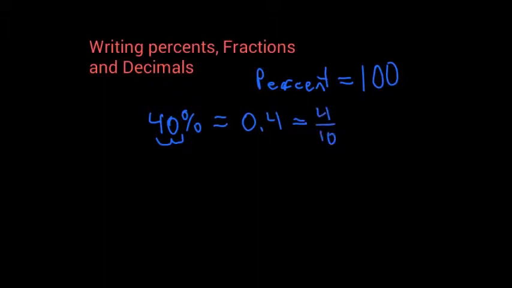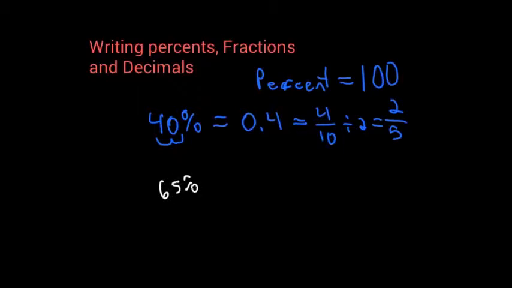Now you have a fraction, you need to reduce that, so we're going to divide both of those by 2 to give us 2/5. So 40% would be 4/10, which equals 2/5. So let's do one more example of that. So let's say we had